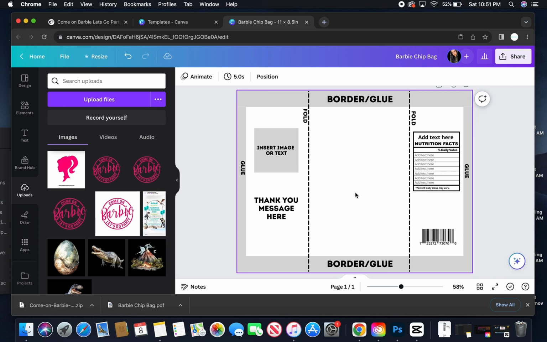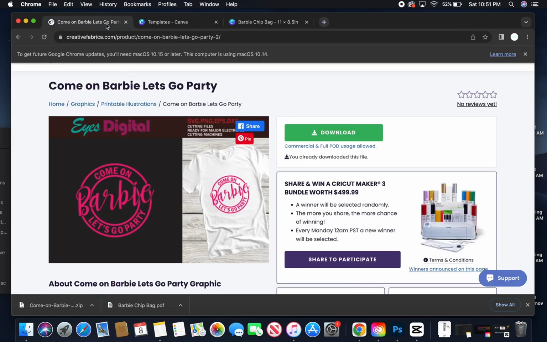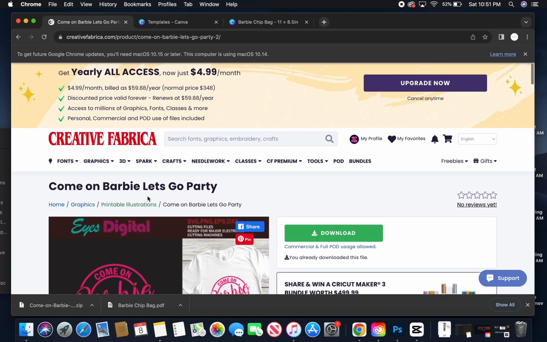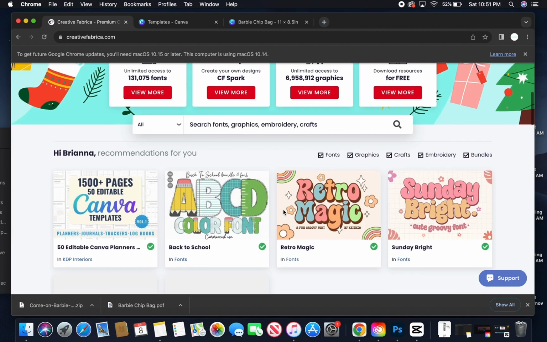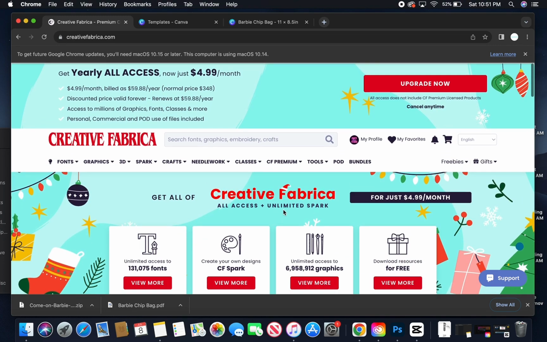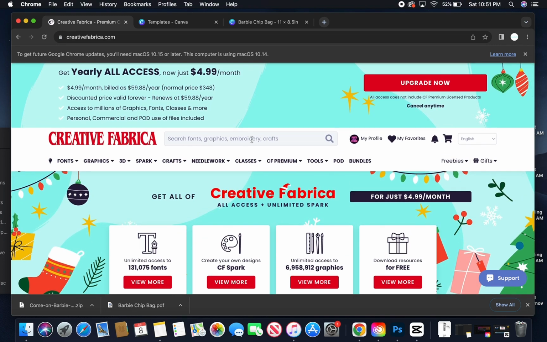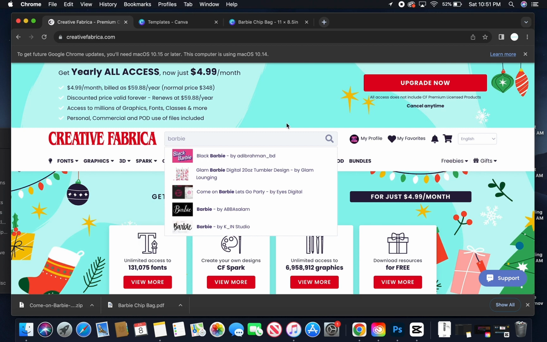So I start off always by going to Creative Fabrica. So this is the one we're gonna end up using, but let's click on the homepage, and you see there's a bunch of fonts. I do have a subscription for Creative Fabrica. I just find it cost effective. So you would typically start by typing in whatever kind of graphic you want, and you're gonna search it. So I'm gonna do Barbie graphic,